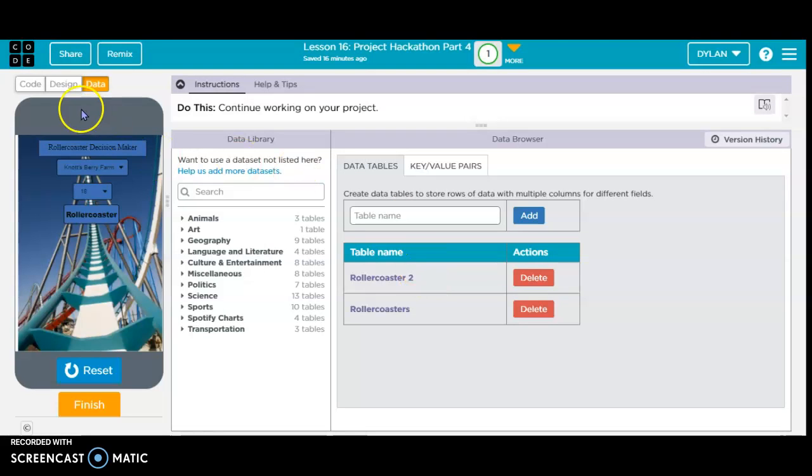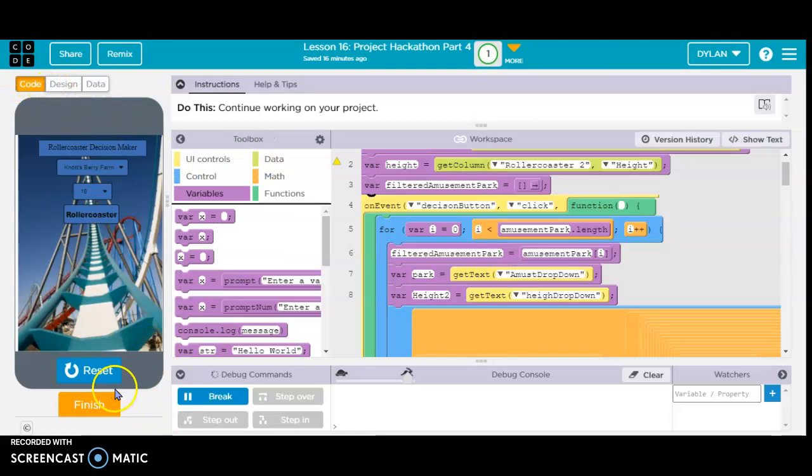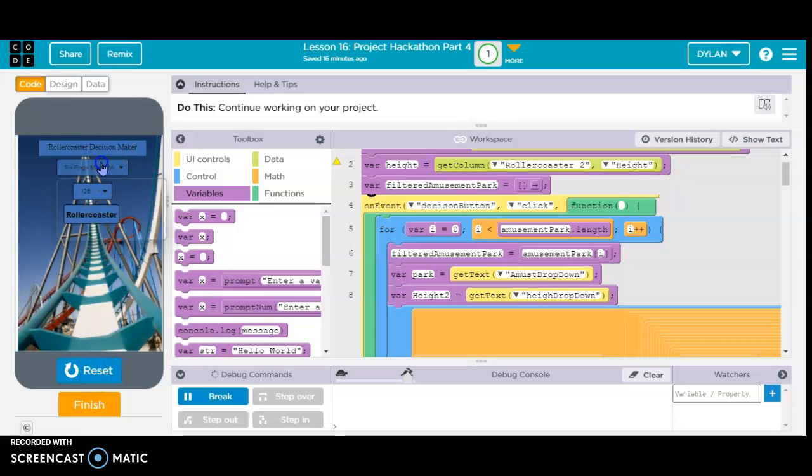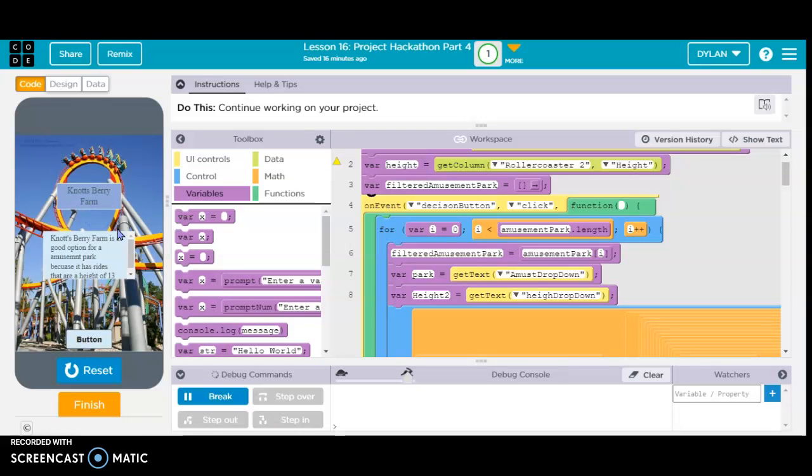So here's the actual project, and here's how it would work. If you choose an amusement park and a height, you would get this. I would say Six Flags is a good option for the amusement park because it has rides that are height of 126. And if you press the back button, it would take you back. If you select another, like Knott's,